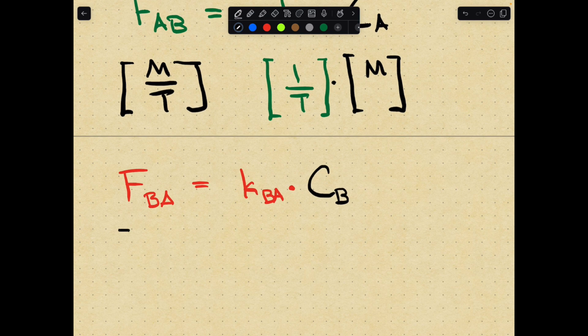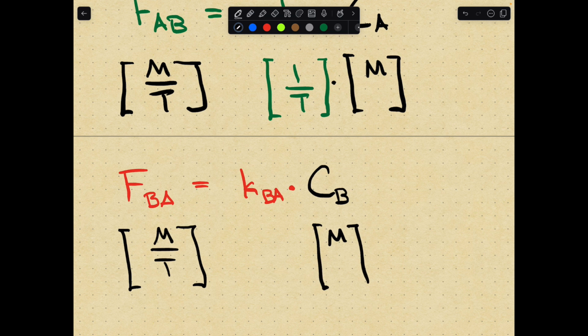And again, just to be a little bit repetitive and pedantic, we'll account for the mass here, or the units,